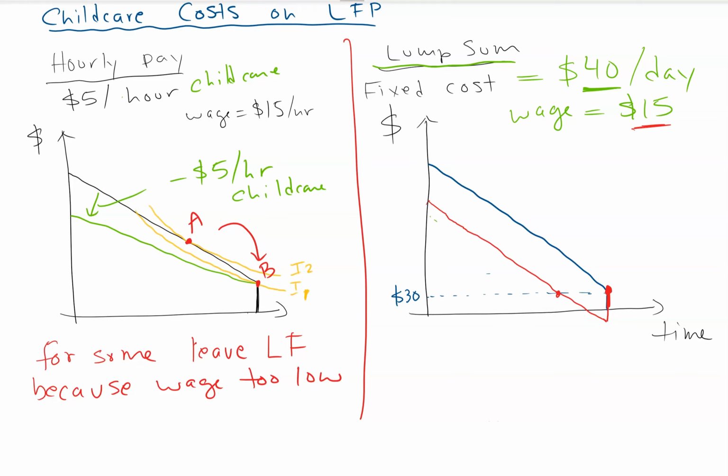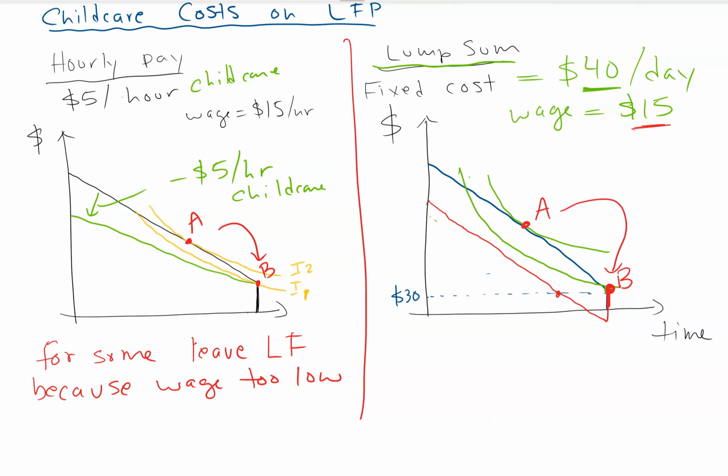So in this case, it doesn't change your wage, but it does shift down your whole curve. So you might have had somebody who, when they didn't have children, was working, but now that they have kids, they choose to not work. Oops, I didn't curve it very well. Again, this is not everybody. This is just some people. Some people will stay in the market, but some people will leave.